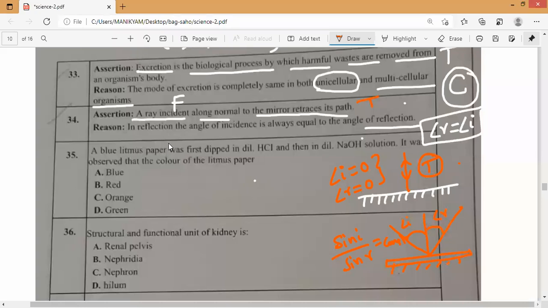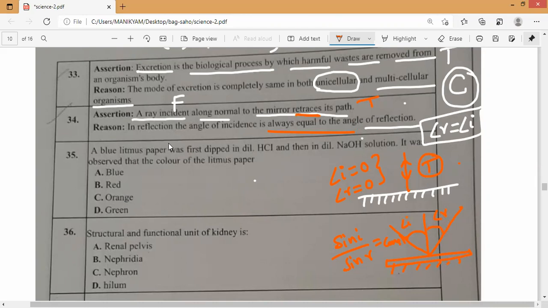See, it is retracing itself in its own path. Why? Because it is satisfying this law only, correct? Unless, how will it go? Do you understand, everybody? For questions like these you may feel difficulty, so you can read and understand. If you are calculating, please leave it. But what is the correct answer here?